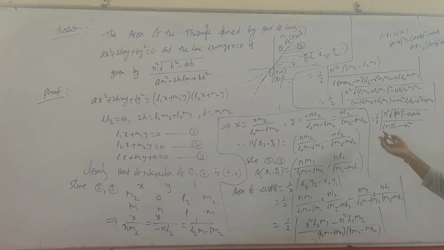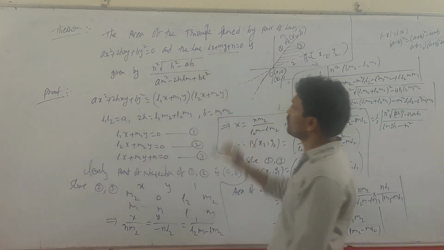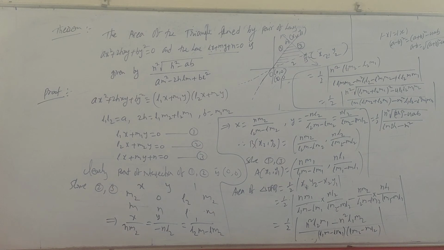You can't write it because L, M, N are the coefficients of this equation. So write as is wherever you have L, M, N. M square into L1 L2 means what we have here? A. And here L square into M1 M2 means what can we write? B. Okay, modulus. See here it is 4h square, it is 4ab. If you take 4 common outside from the root, 2 will come outside, and this 2 will get cancelled. Then what we have? Modulus of n square into root over h square minus ab by